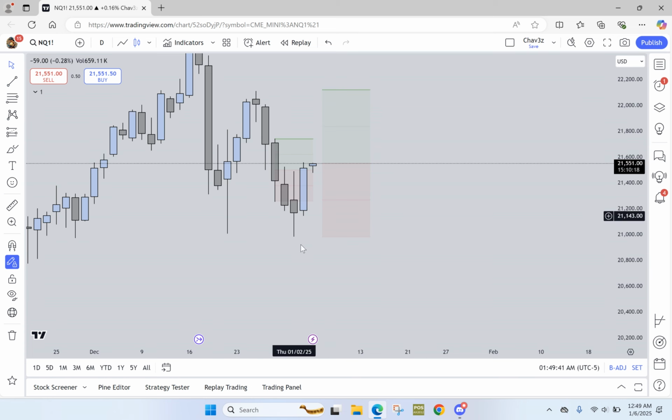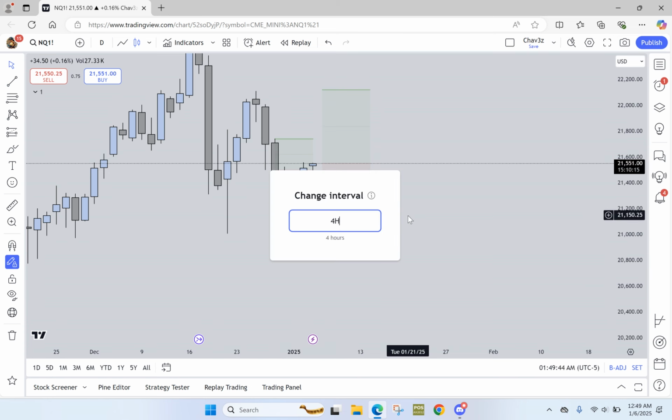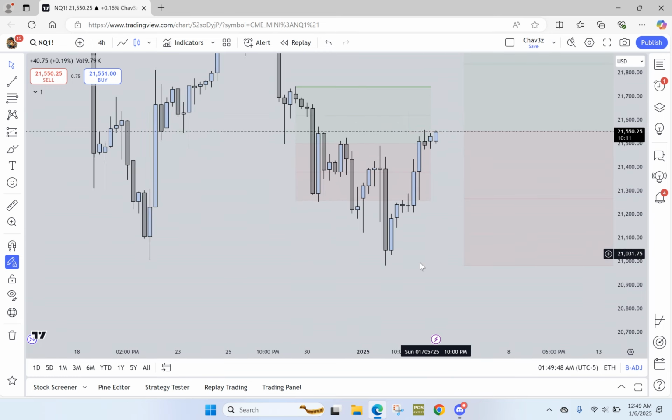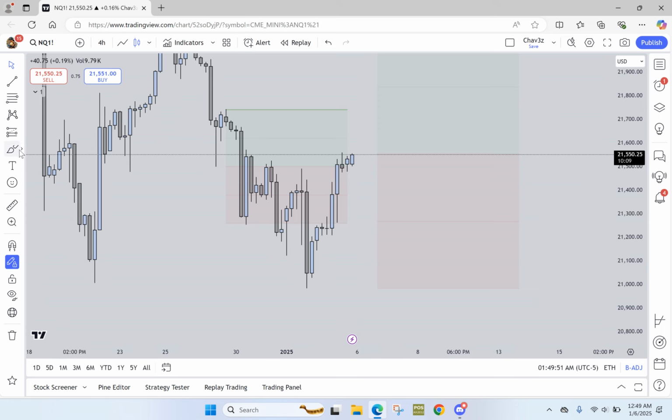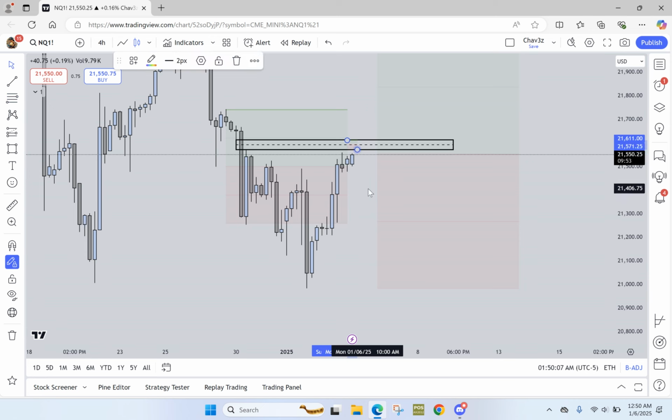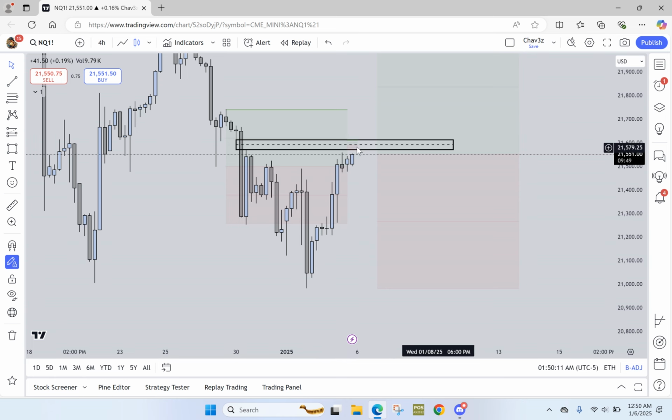So that's our daily arrays, the one we're trading in, and the swing high and swing low we're trading in. What day, what swing. So now if we go to the 4 hour, we can look at that 4 hour fair value gap that I was talking about that I had mapped out the last time that we did a daily narrative. If we look at the 4 hour fair value gap, we're still having trouble trading above it, still having trouble trading in it. I'm just adding the PD array to make it easy to see. If we use our PD array, we can see that the equilibrium of the PD array, the 50%, is right here at